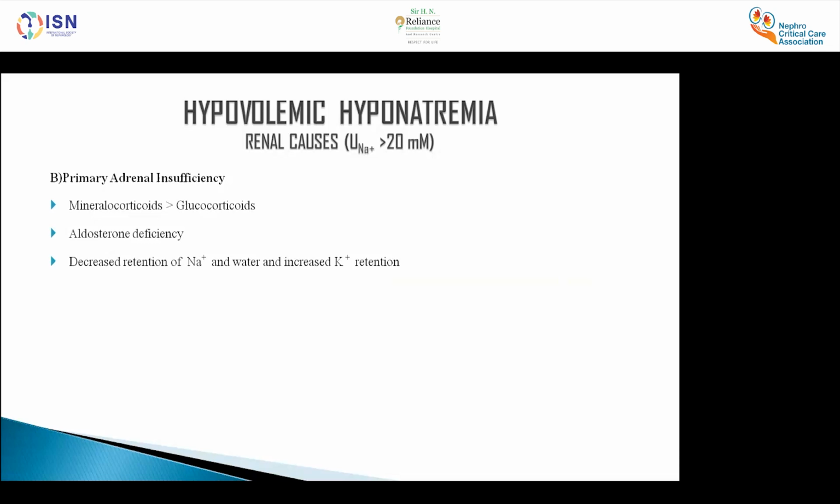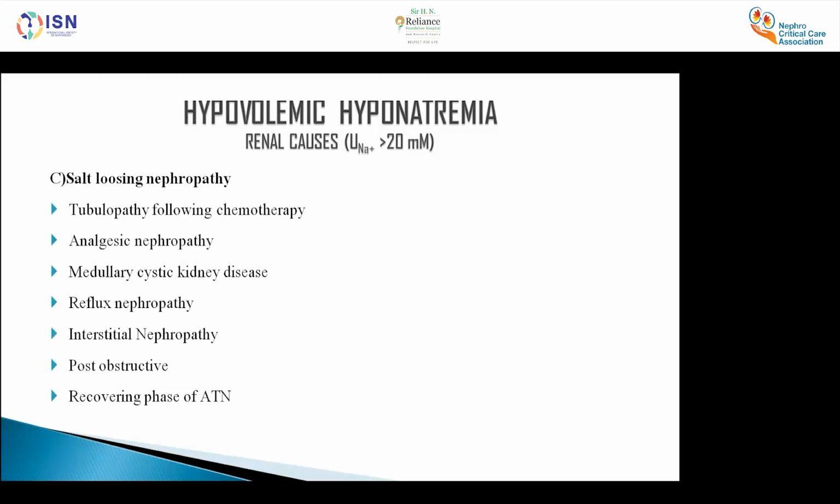And then the second renal cause is primary adrenal insufficiency, in which mineralocorticoids are more involved than the glucocorticoids, whereas in secondary adrenal insufficiency, glucocorticoids are more involved than mineralocorticoids. So mineralocorticoid deficiency, that is aldosterone deficiency, leads to decreased retention of sodium and water and increased potassium retention, leading to hyponatremia and hyperkalemia. So third is the salt losing nephropathy, which could be due to any of the following,